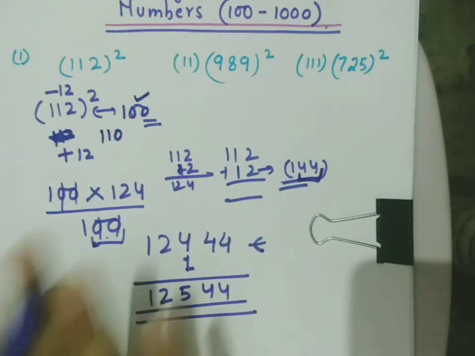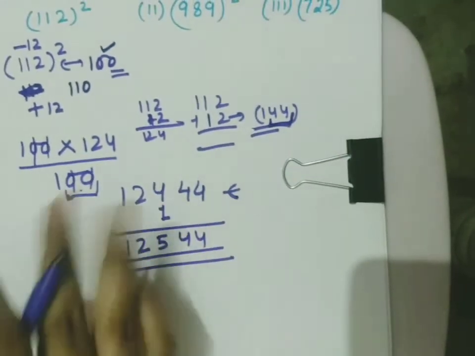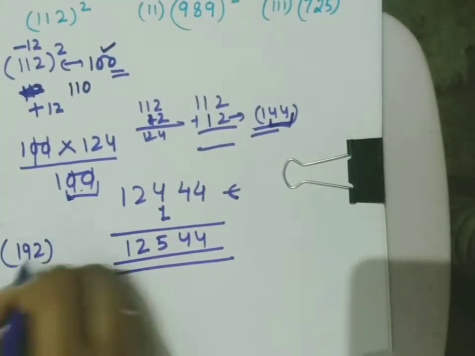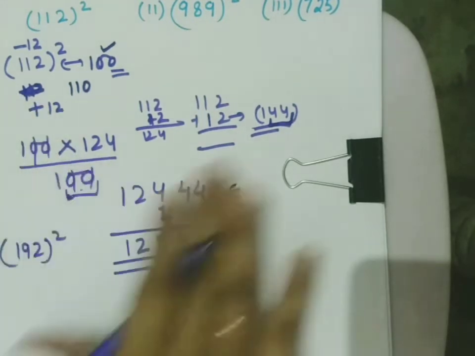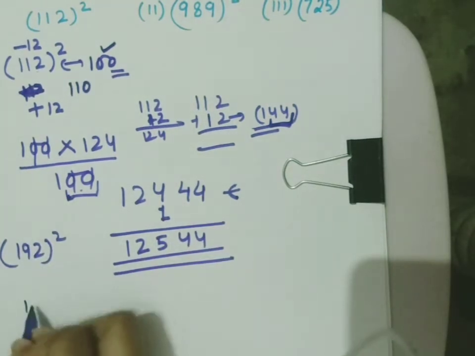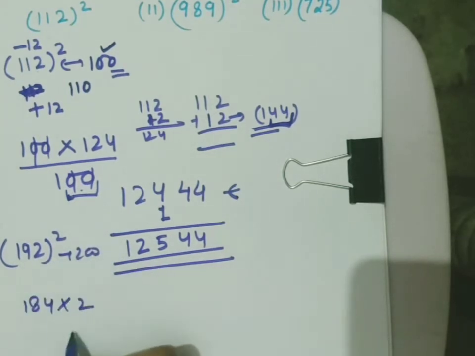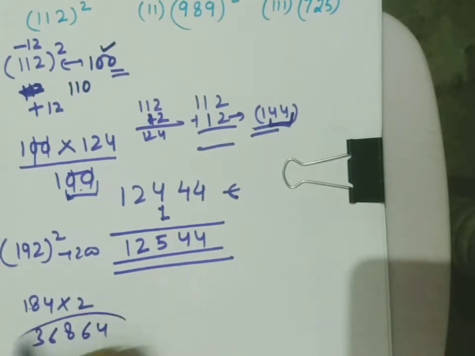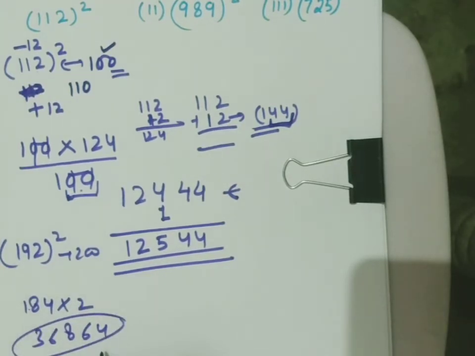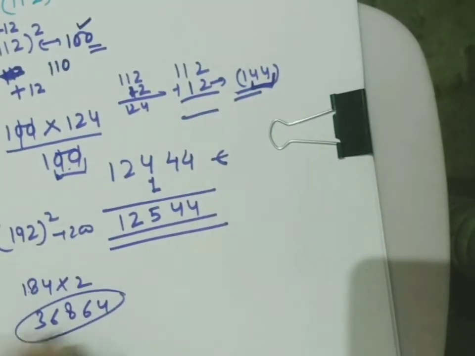Let us do one thing so that you believe that people can do it. Suppose I take 192, and I'll not follow this process, I'll do it in my mind and tell you the answer. See how fast I do it. 192, 184, because I'll compare it with 200 and 8. 4 2s are 8, 8 2s are 16, so 364, and 8 8s are 64. This is the answer. So you will not have to do all these processes. You will do it in your mind.